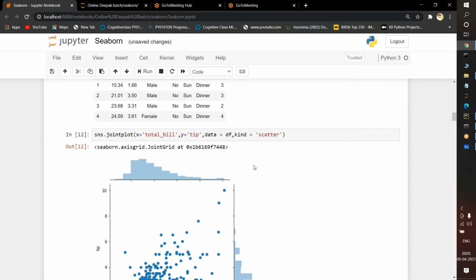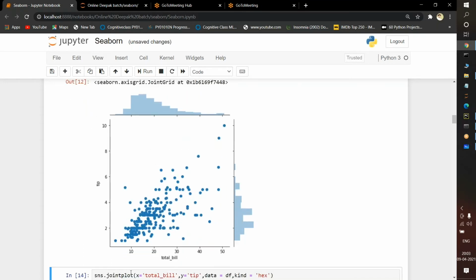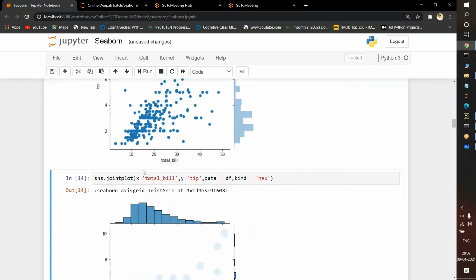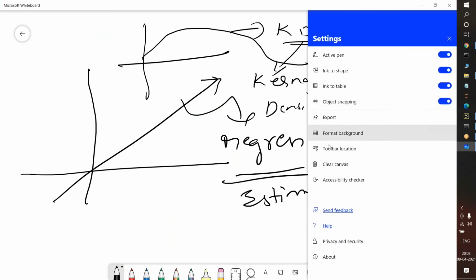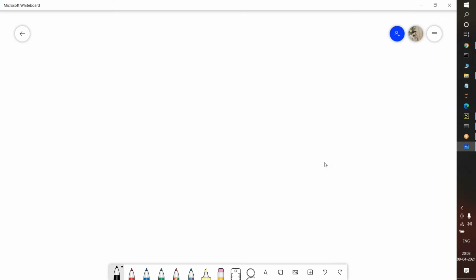We just pass scatter. You know about scatter from matplotlib. In scatter we discuss the x-axis and y-axis, and a plotting technique will be available. This is how we use the joint technique. Here is one example: sns.jointplot. I am passing the x feature, total bill. On the y I am passing tip. Data I am passing df, and kind is equal to hex. This hex is nothing but a hexagonal representation. The structure of a hexagon will be in this shape.